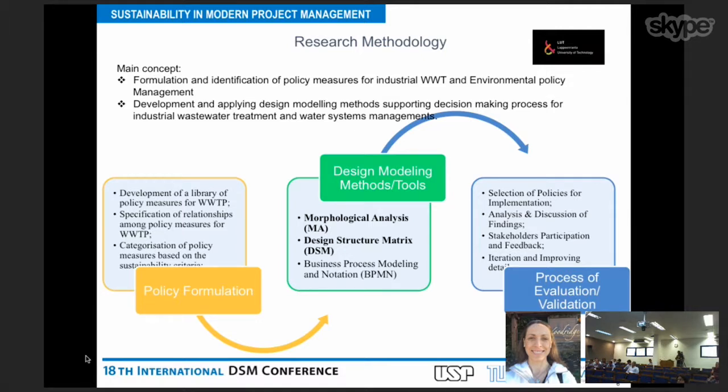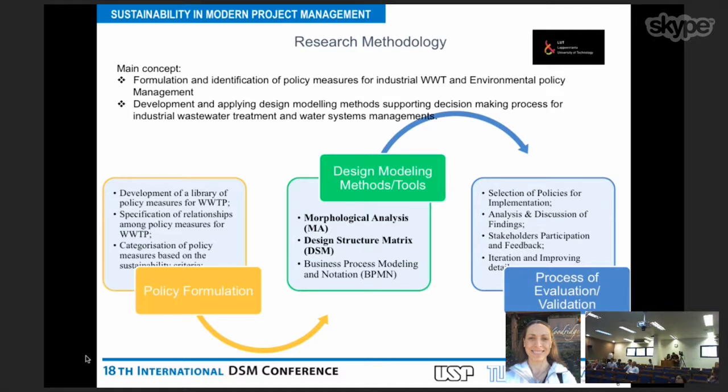But in this case, design structure matrix helps us to improve these measures further. And in the future, business process modeling and notation will be used with the order to show in detail how policy measures will be described in detailed steps by decision makers in terms of implementation. So the last stage is the process of evaluation and validation, when we select the policies for implementation, and